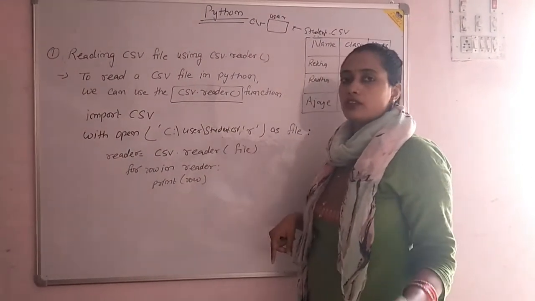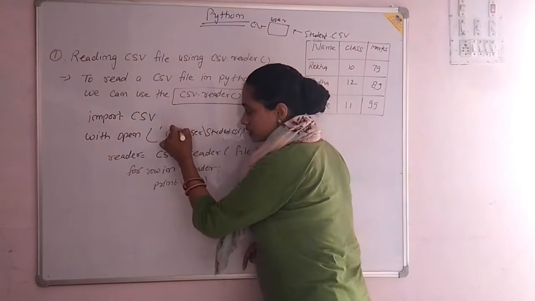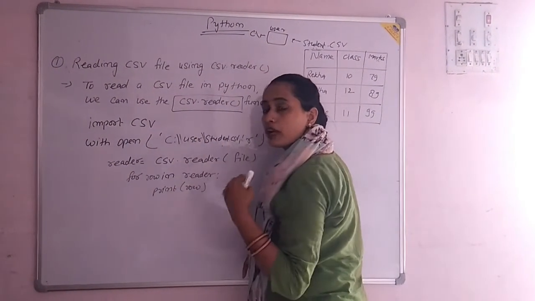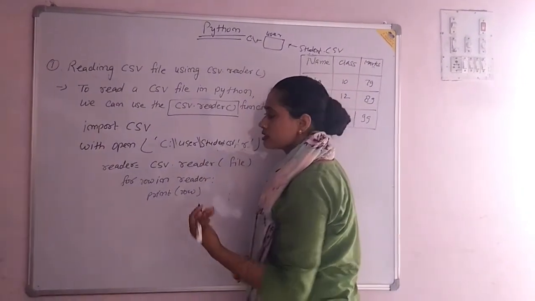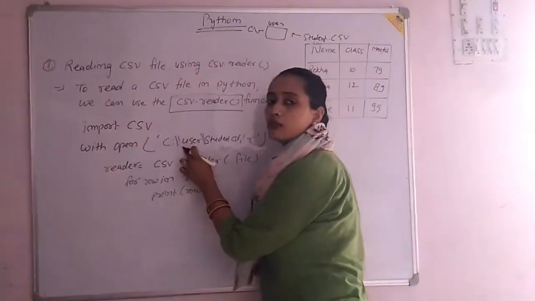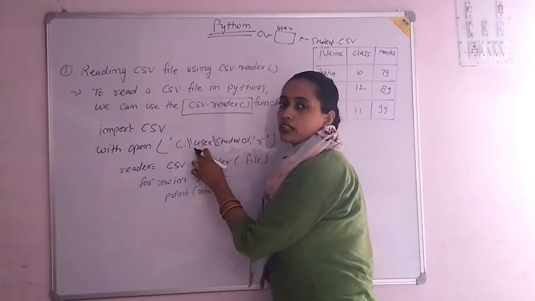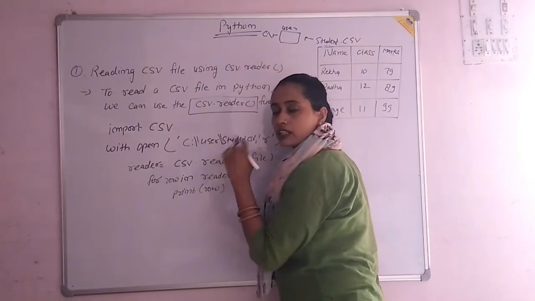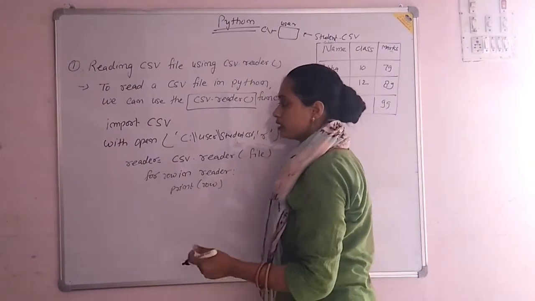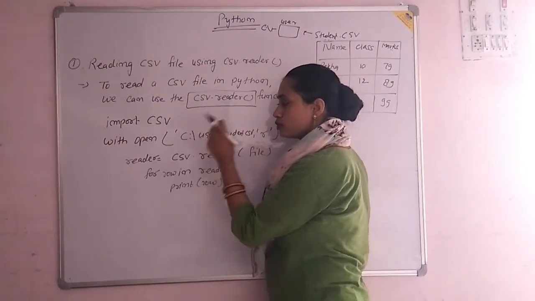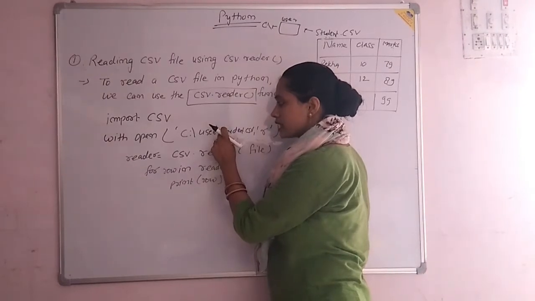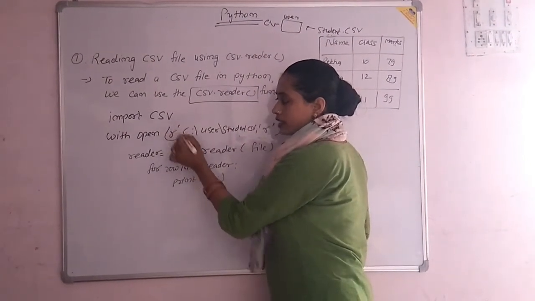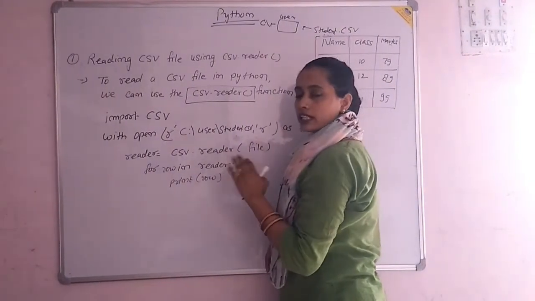But you have to use the double slash. Why? Because we have already understood backslash escape sequences. If you are not using the double backslash, it will be considered an escape sequence and will get a different meaning. If you don't want to use the double backslash, you can use R, that is raw data, so it will be considered as a path.